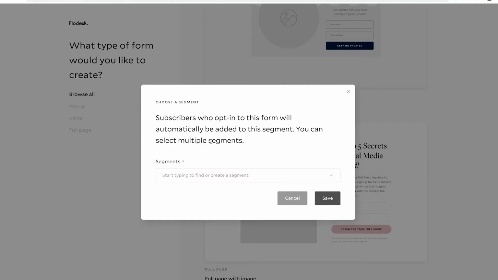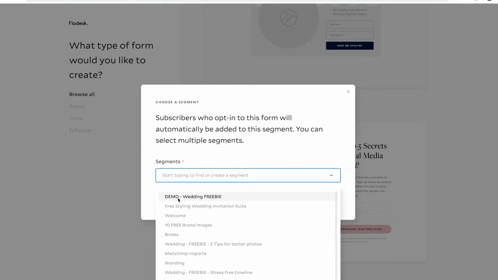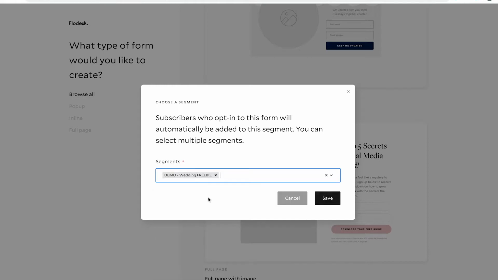And this is the important part, your segment opt-in. We created that demo freebie, so this is what you would click in here to have as that segment. So when anybody drops into this little portal of segment, then they will get your free guide. So we just go save,